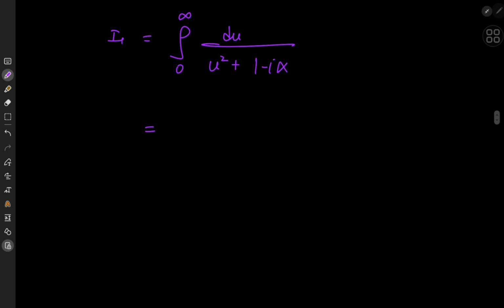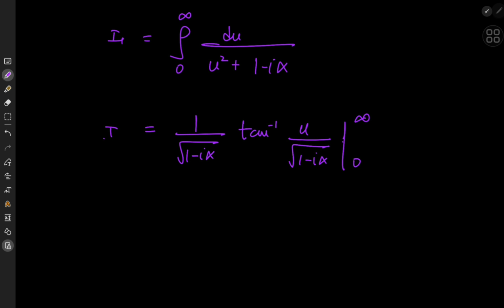So this gives me on integration 1 by root 1 minus i times alpha, times the inverse tangent of u divided by root 1 minus i times alpha, with the limits being 0 and infinity. And this is really cool because this is the inverse tangent function from complex analysis that I completely butchered